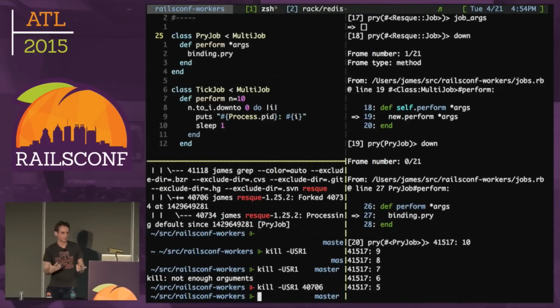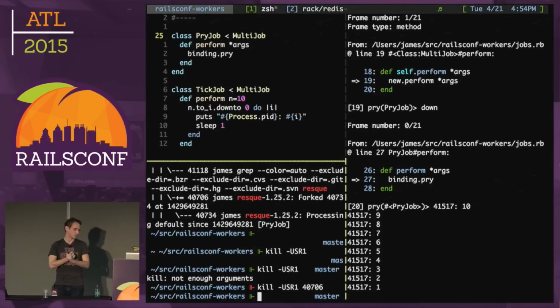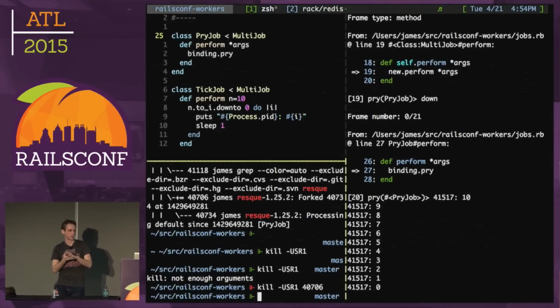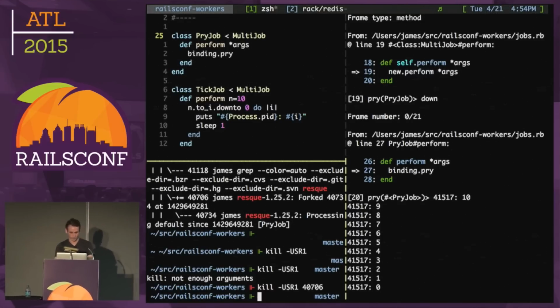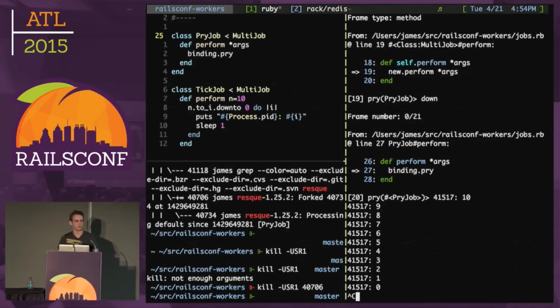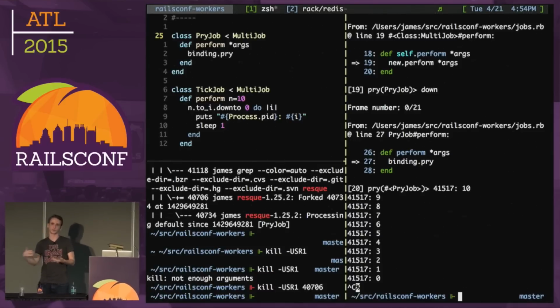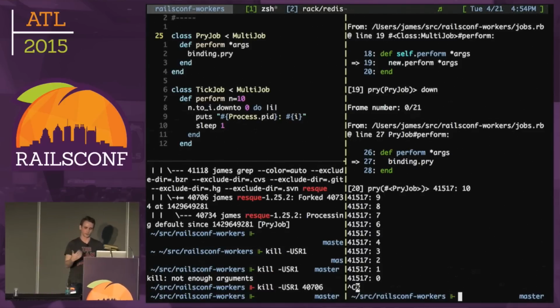So again, two important things there. Nice signal handling to coordinate with workers, and also realize that Resque does not give us any concurrency. We can only process one job at a time. If you do want to process more than one job at a time, which you often do, you'll need something else. Lots of options. You can use monit or god or something to spin up several workers. There's also Resque pool,